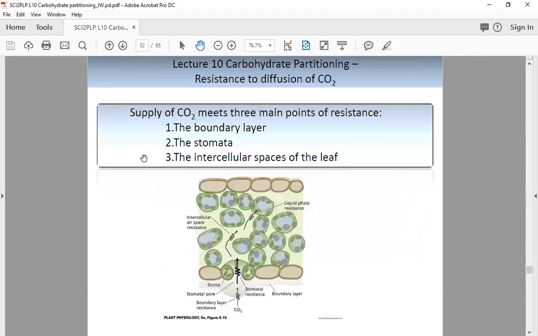Each of these imposes a particular magnitude of resistance to CO2 diffusion. So let's evaluate the magnitude of each of these resistance points to understand the limitation to photosynthesis when we talk about CO2